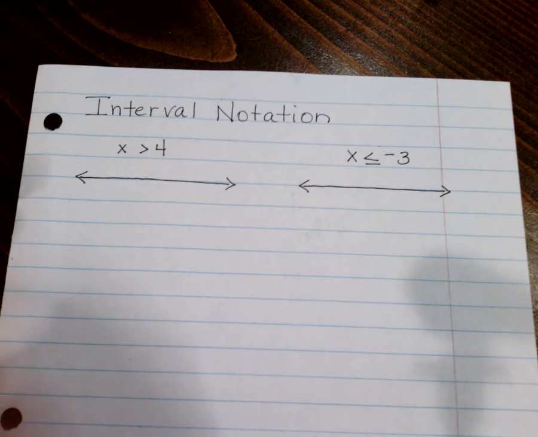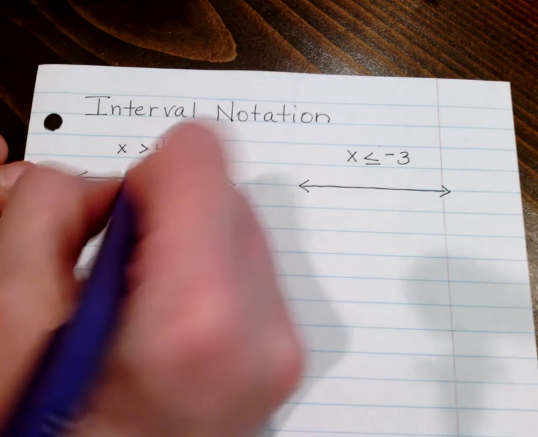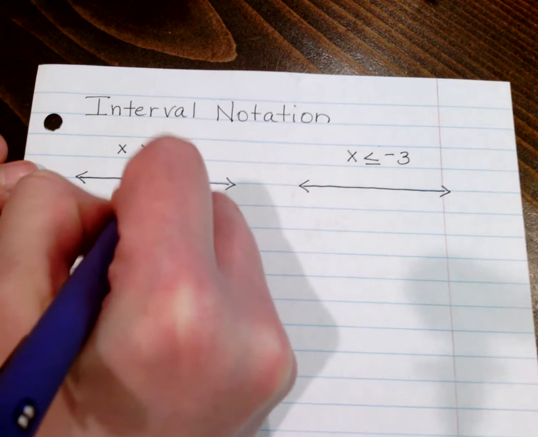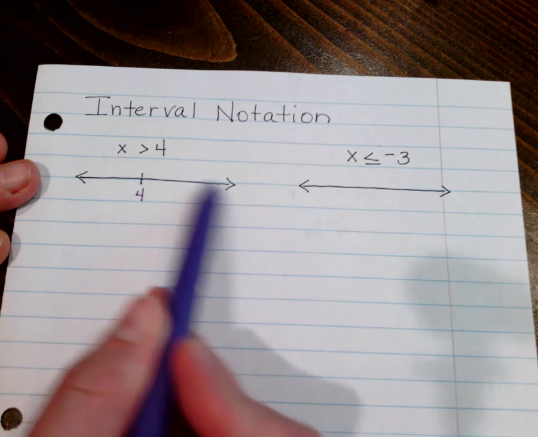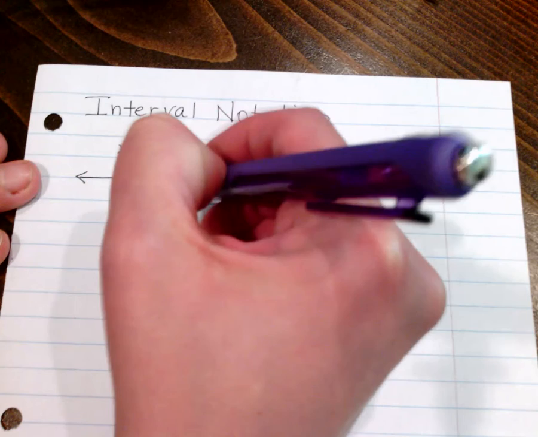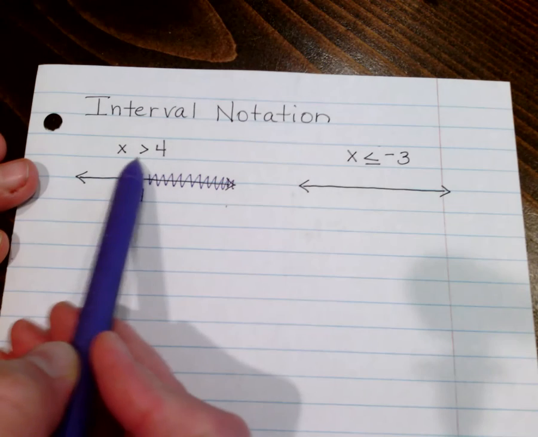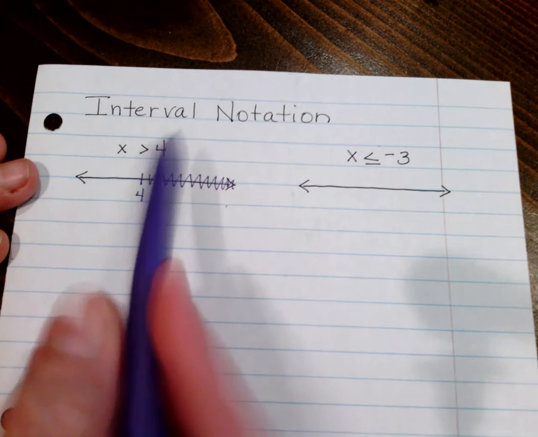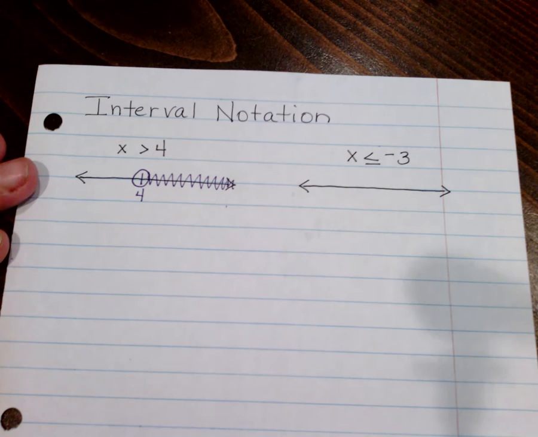So you may remember that if we're going to graph the solution set for x is greater than 4, then we're going to put 4 on the number line. And where are the numbers that are greater than 4? They're on the right side of 4. So we would shade this portion of the number line. However, what happens at 4 is that you don't have that equal to line underneath it. So we have to put an open circle at 4 in order to show that 4 is not included in